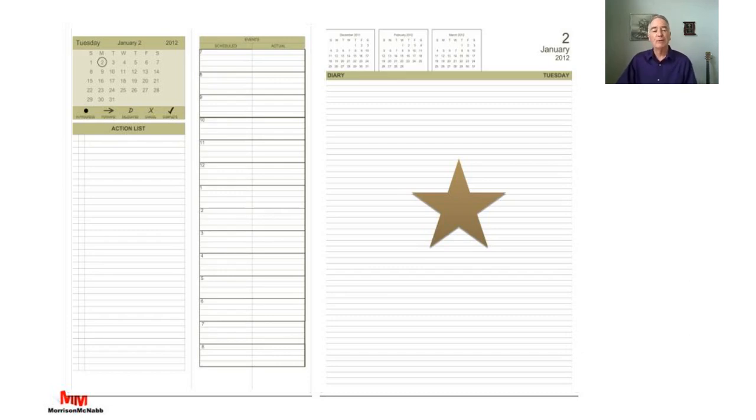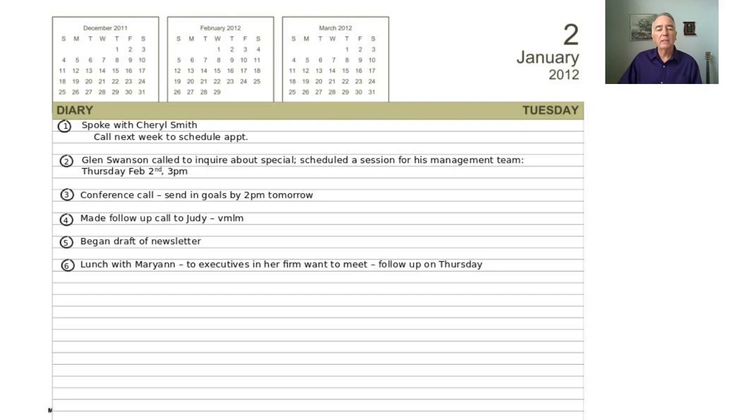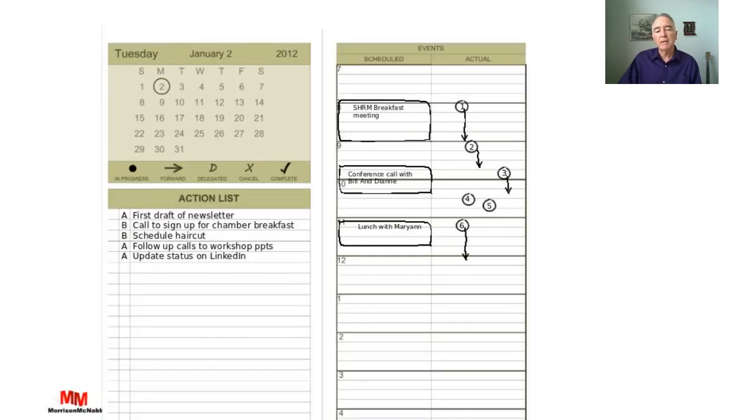All right, now we're going to move over to the right-hand side, and this is the star of the show for your being at work during your day. What you're going to do here is document all of those activities that happened during the day, including phone calls that showed up. And so the notation I'm using here is a 1 with a circle, a 2 with a circle, 3, 4, 5, 6, just in the order that they happened that day. So this is the right-hand page. And as soon as you start on an activity, you're going to jump over to the left-hand page and draw that same notation, a 1 with a circle around it, next to that activity.